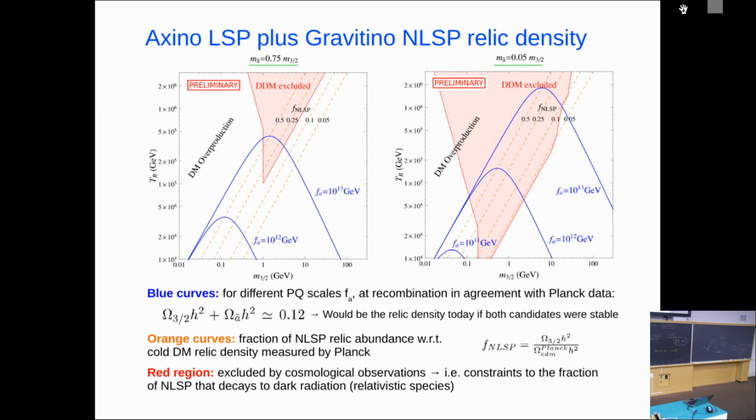But the gravitino also goes... Okay, I have 5 minutes, but the idea is that the gravitino also is giving the signal to photons, but you need to be careful with the decay, the time of decay of the gravitino, because it is mainly going to axion-axino, no? But if you put the constraints, this line is the one that is satisfying the correct relic density, and here you go in this direction. This is the different fraction of the LSP, which fraction of the dark matter it has.